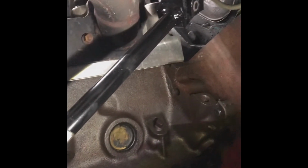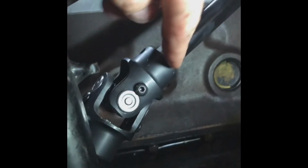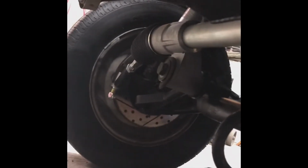That's what it looks like once it's installed. And that's just the stock one down to the piece, to the bolt, and then there's the rack, the manual rack. That's just an eBay manual rack,